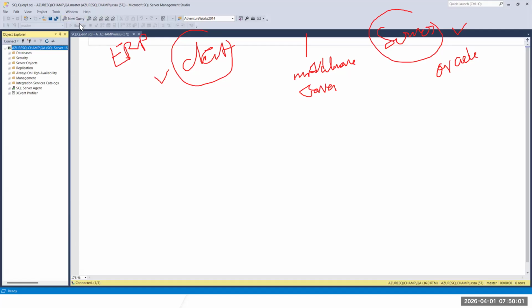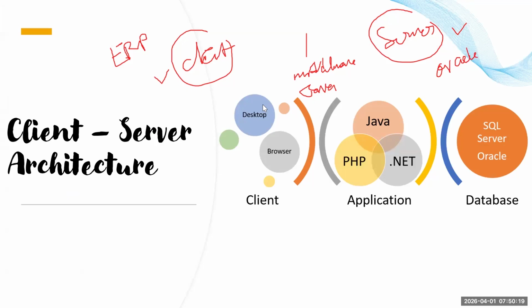These tools act like a client for us, where we can access the engine and do whatever activity we need from here. So client server, there is no middleware here. But if you go to Oracle apps or some ERP kind of stuff, definitely there should be a middleware. If you want to work with Oracle apps, you must install Java also. Java is acting like a middleware. So SQL Server will follow only client and server architecture.